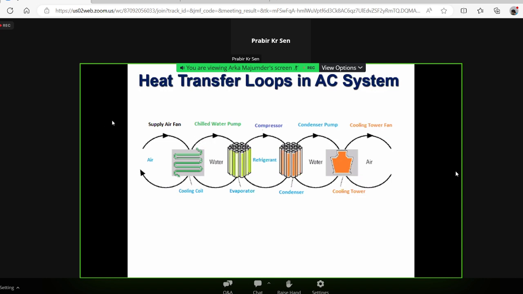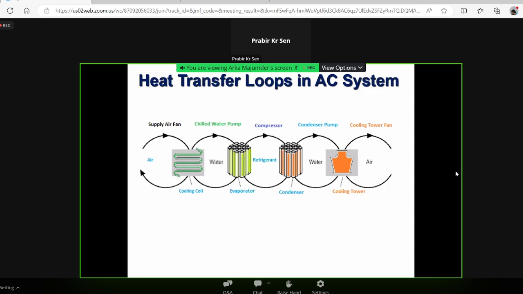Then we take the refrigerant to a condenser where we cool it by water, if it's a water-cooled system. So heat from the room comes to the cooling coil, then from there it goes to the evaporator, from there it goes to the condenser, and then the heat is taken out by water,